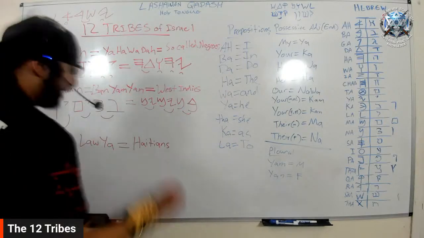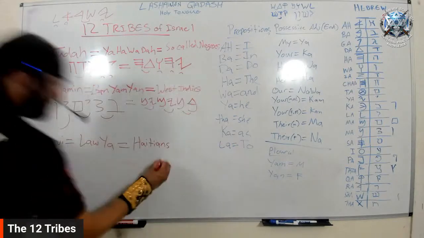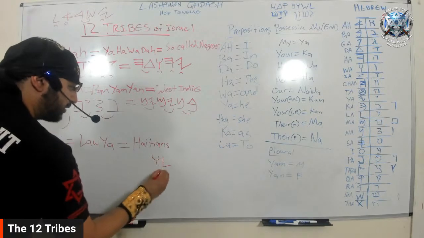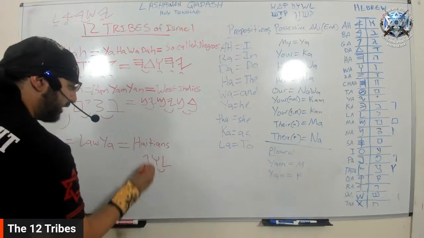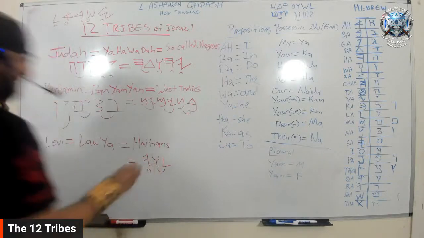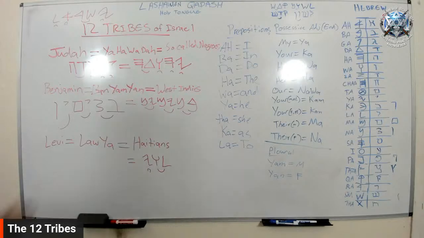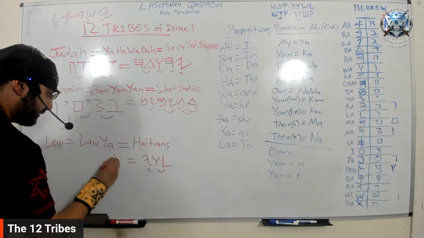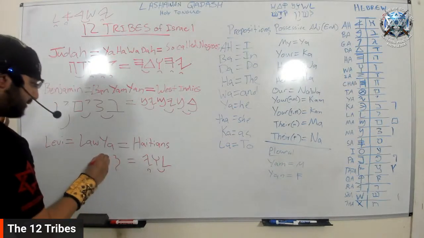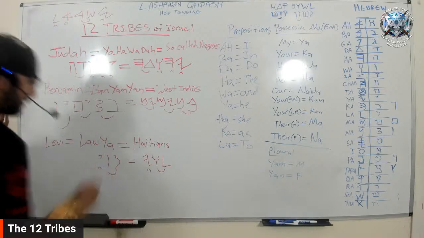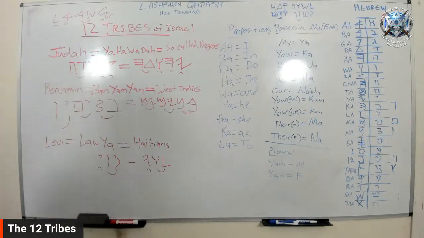So La Yah in the ancient Hebrew would start the way you would assume, La and Wa, and these are put together. And then you have Yah, which looks like this, La Yah. Okay, it's that simple. Now, when I do this in the other alphabet, it looks like this: La, okay, Wa, and then Ya, La Ya. So these are the exact same thing, but we're just using the alternative alphabet to do so.